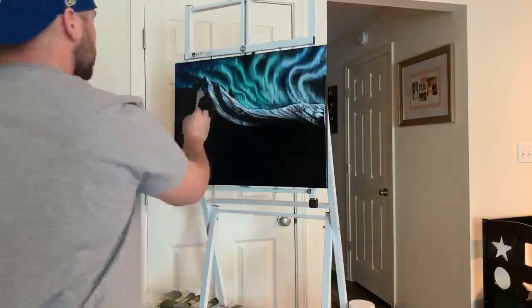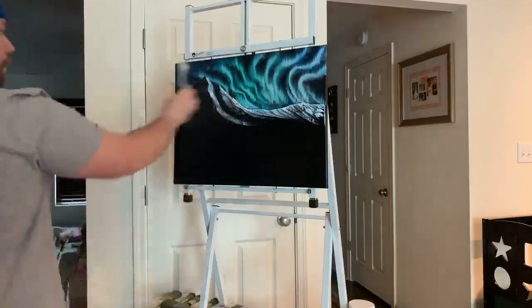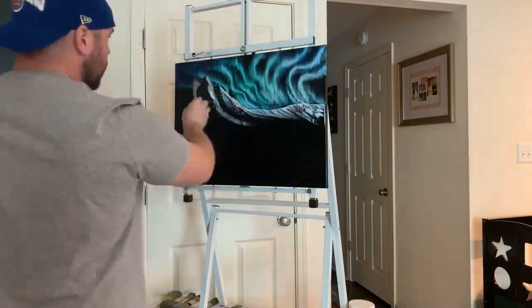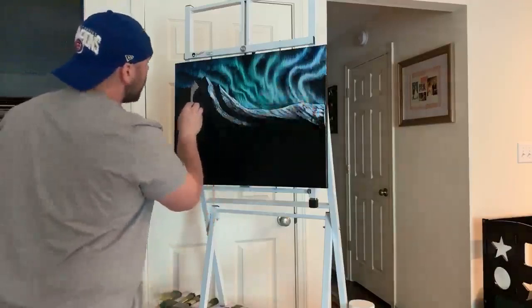I'm just gonna make this. I just decided I'm gonna make this to where this mountain is like a mountain range coming at me and coming off the canvas this way. And when I do that, it's gonna make that foothill go back a little bit further. So I'm just gonna go ahead and do that right now. I'm gonna do that before I make my